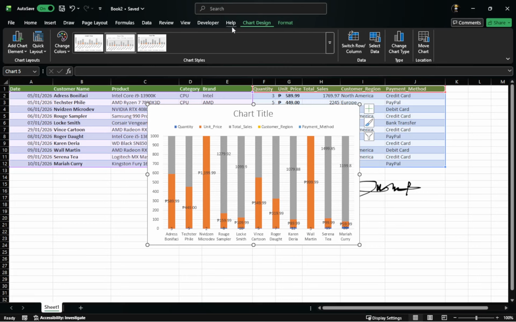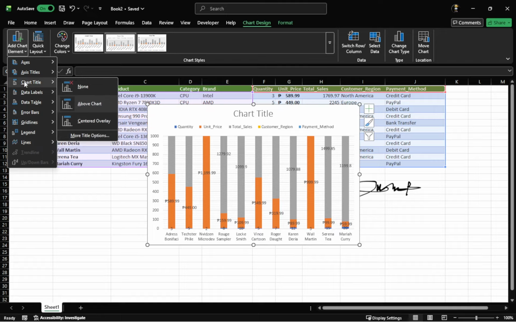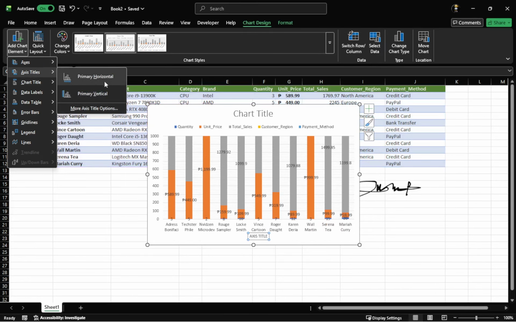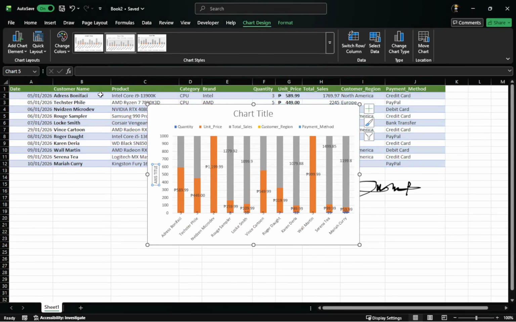From there, select Add Chart Element in the Chart Design tab. A drop-down list will open showing different items you can add or adjust on your chart. Move your mouse slowly in this list because hovering over each option can preview changes on the chart in real time. In that list, choose Axis Titles, then select Primary Vertical. This tells Excel to add a title area next to your y-axis, usually appearing as a text box with placeholder text. If the chart already had a y-axis title, this step selects that existing title so you can update it.